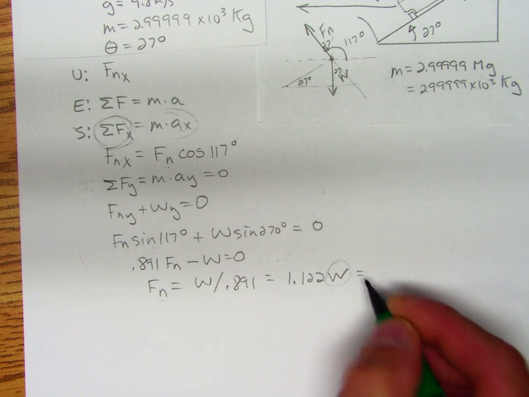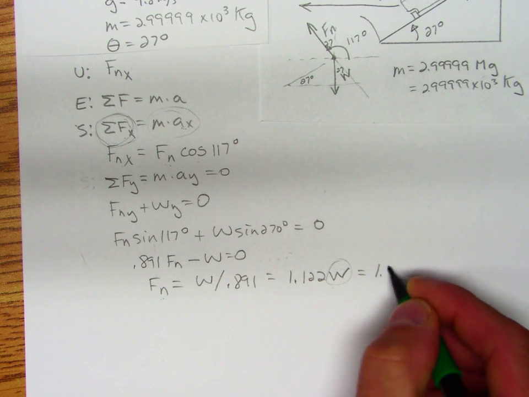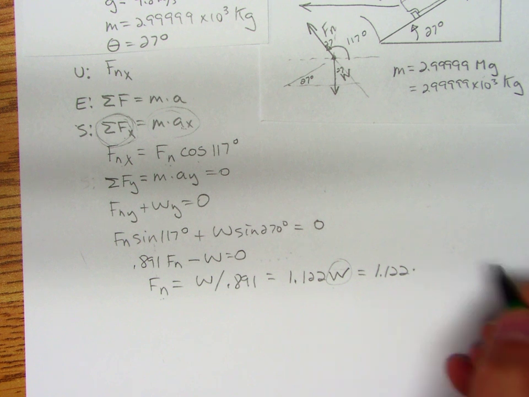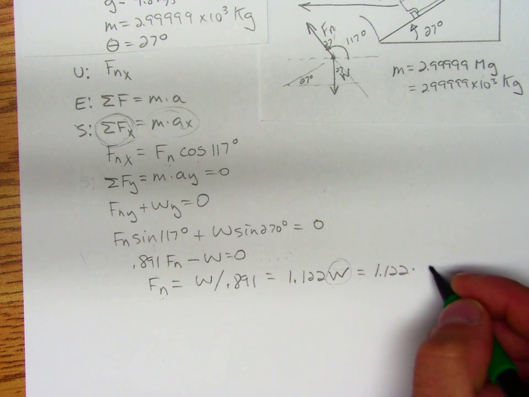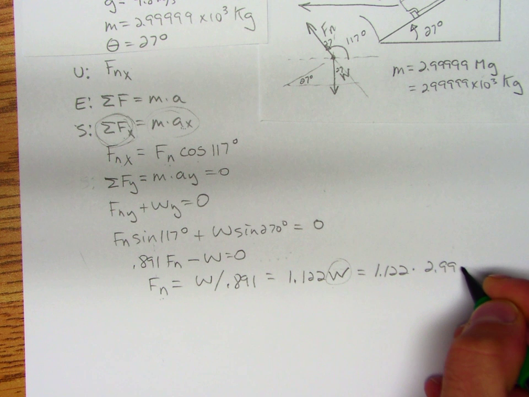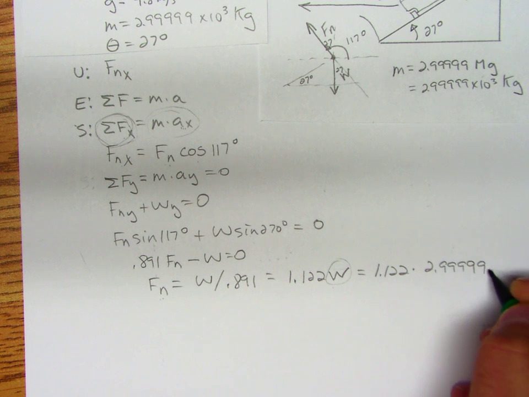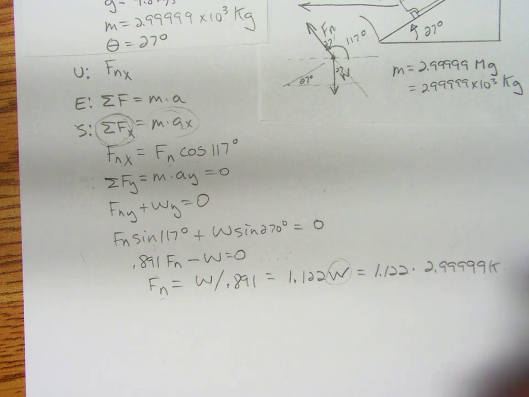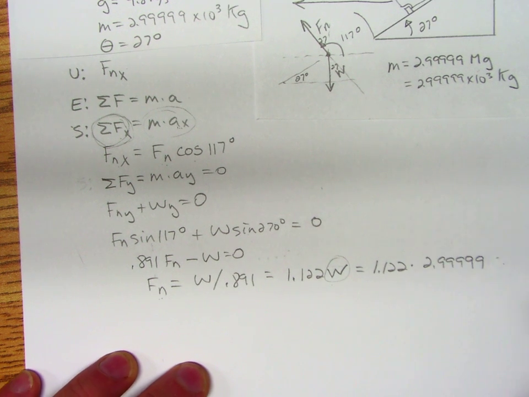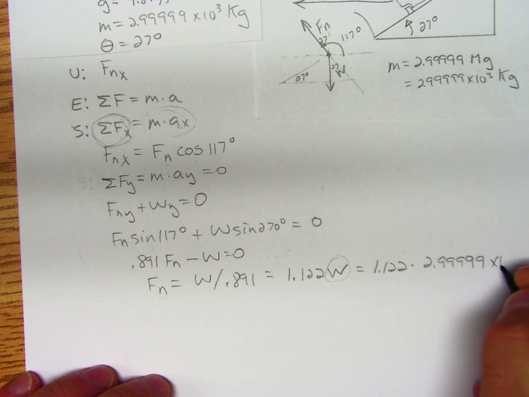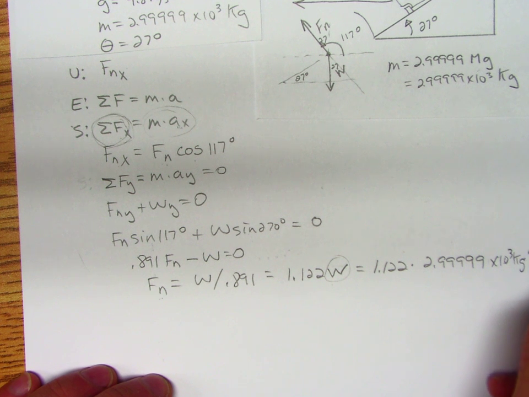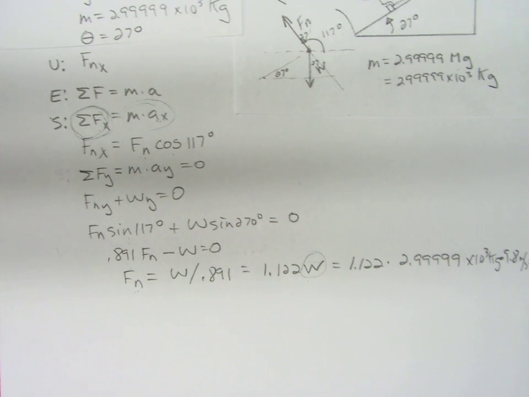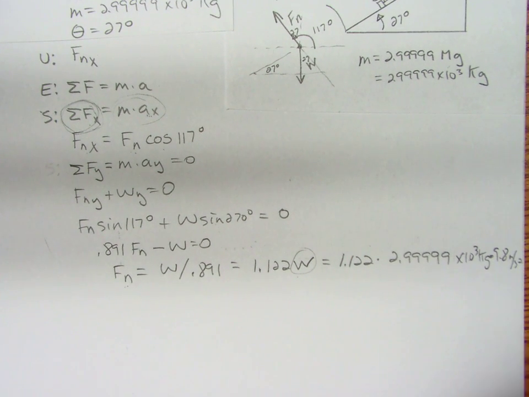W is equal to the mass times the acceleration due to gravity. So this is going to be 2.99999 times 10 to the 3 kilograms times 9.8 meters per second squared. Okay. And